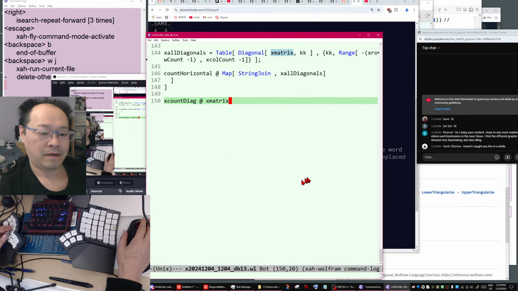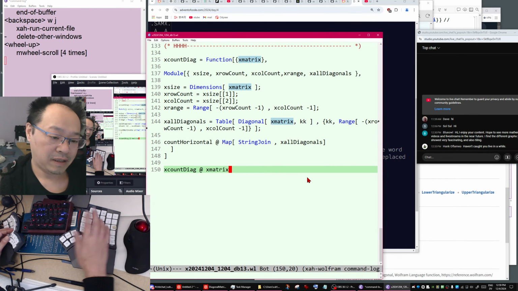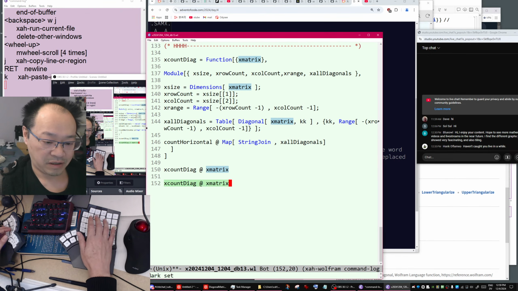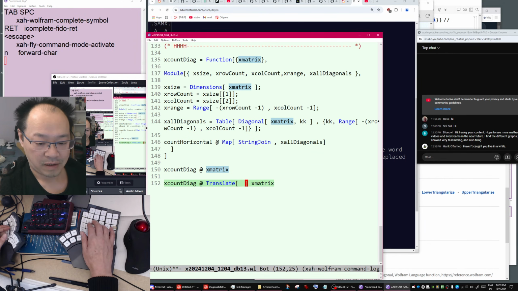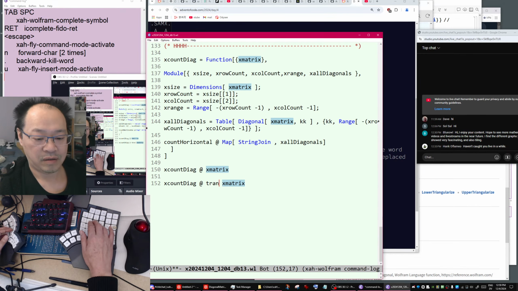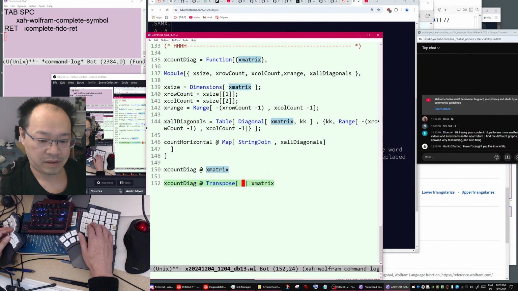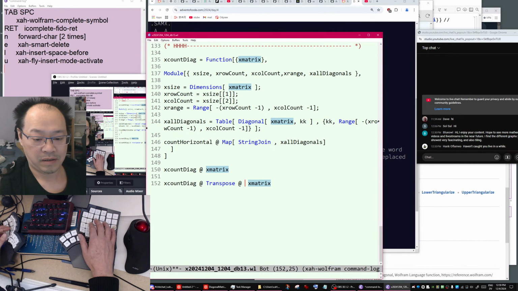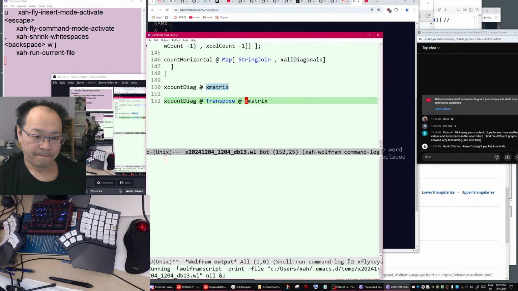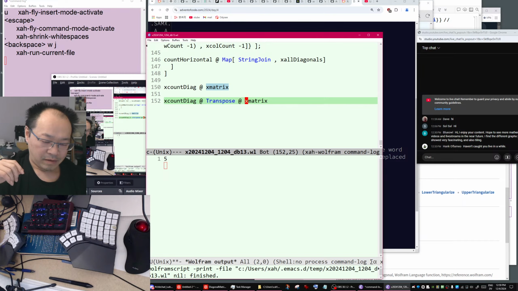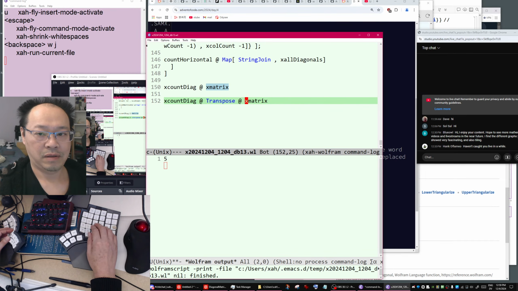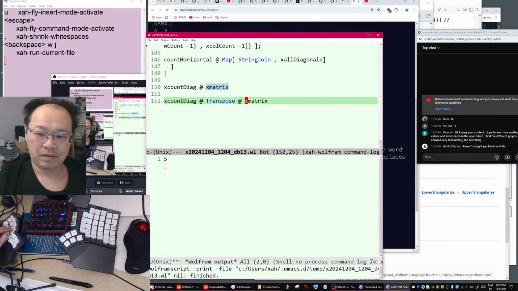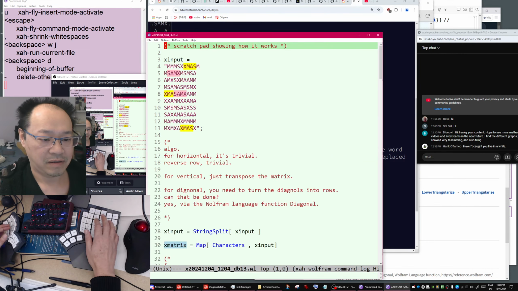Then if you want to count the other position of diagonal, just say transpose, not translate, transpose. Okay, 5. Is it also 5? Jesus.